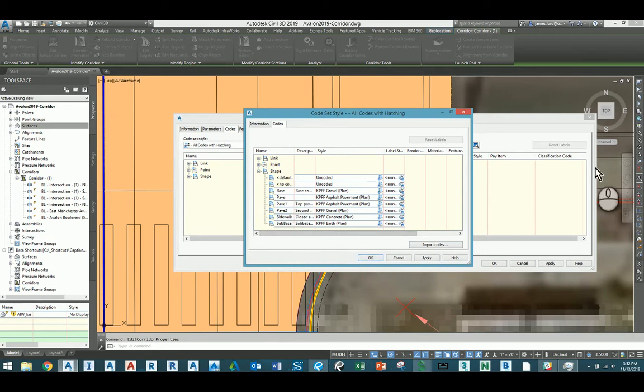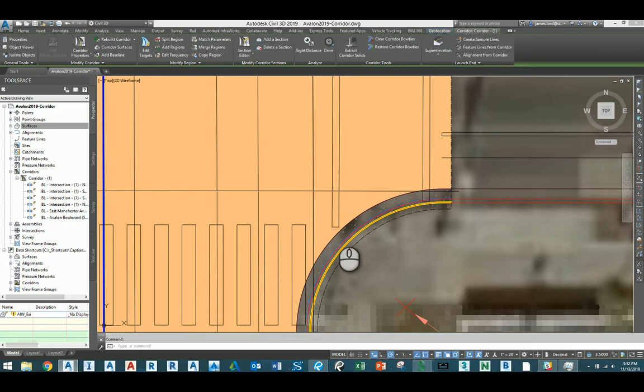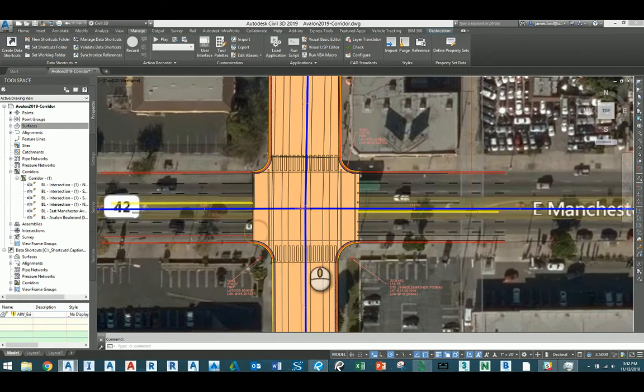So if you want to build everything into your template, you're going to have to drag in all the sub-assemblies into that template, import the codes, and then you can set the different codes here. But pretty much that's how you change the codes for the hatching. Or you can just use the one that's inside of this file for the class set. Other than that,